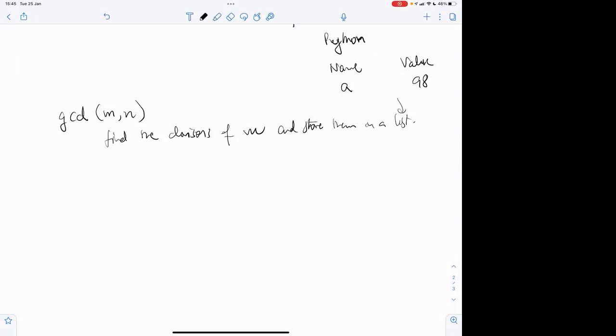Similarly, you will find the divisors of n and store them in a list. And here we make a tacit assumption that the numbers are stored in an increasing order. For convenience, let's make that assumption.